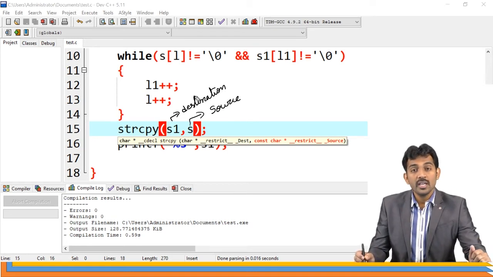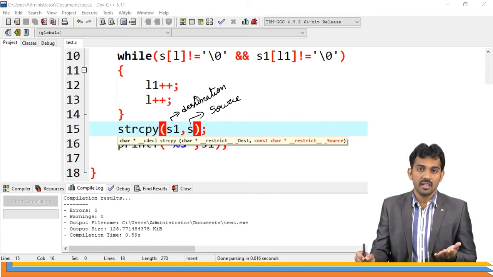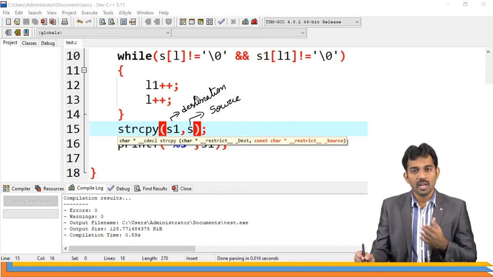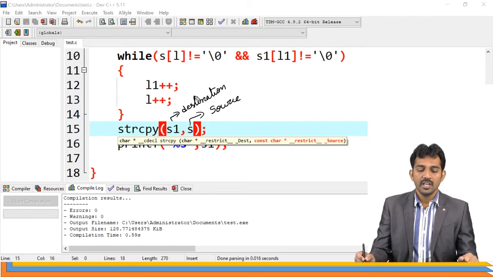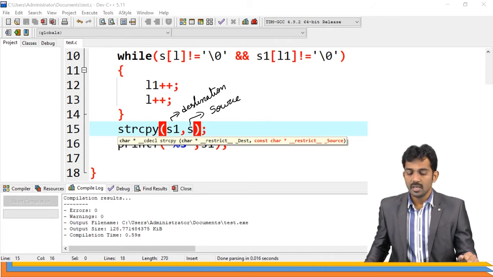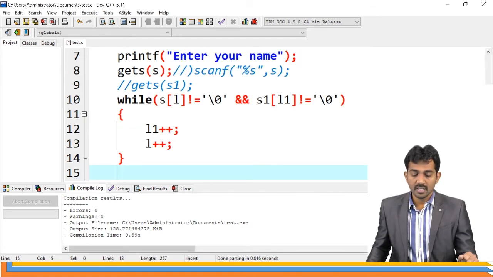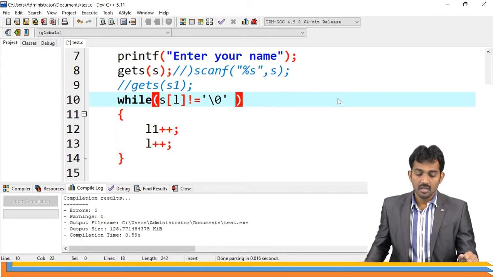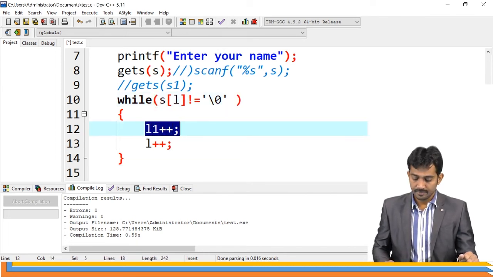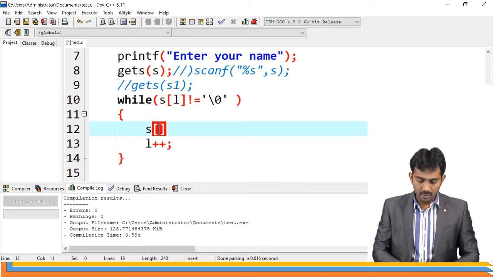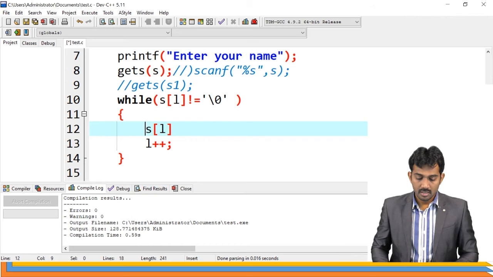Right? Already we have done copying of one array to another array also. So you can apply the same concept here. Is this clear? With a small function you are going to achieve this. If you want, even I can do that one. Instead of this, you are going to access until the null character. S1 of L equal to S of L. That's all.